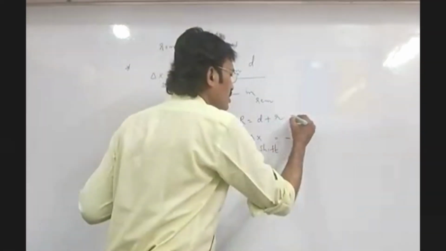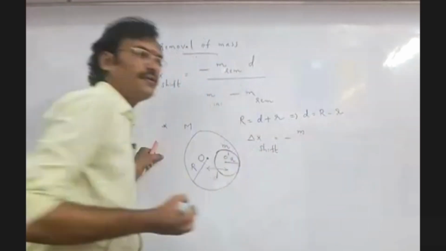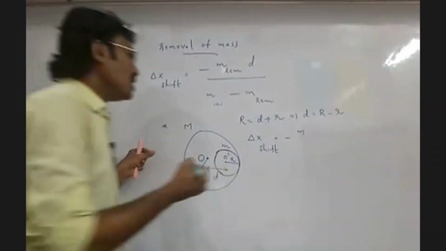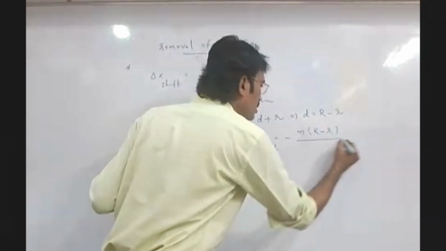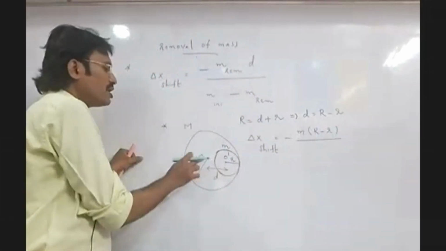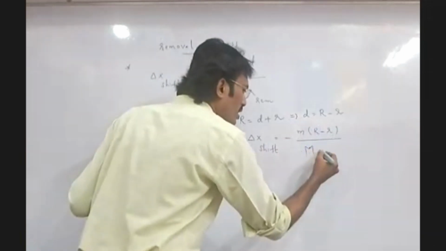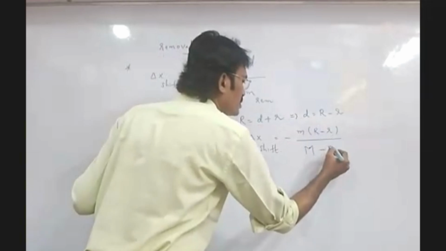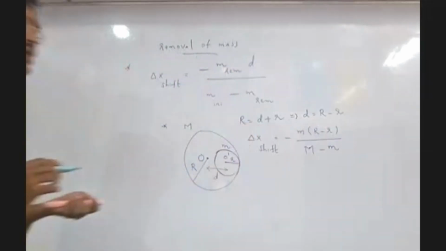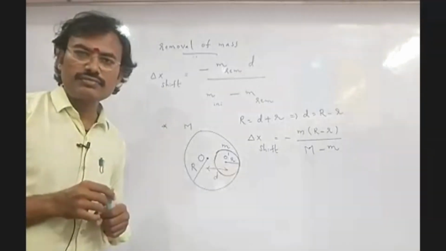So from this, we take small d equal to capital R minus small r. Now m is the removed part mass, d is capital R minus small r, divided by m initial. What is m initial? Capital M, minus small m, the m removed. This is the formula for delta x shift. Now, if masses are not mentioned and we only know the radius,